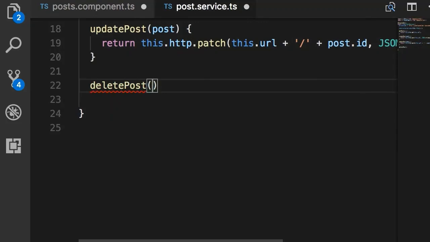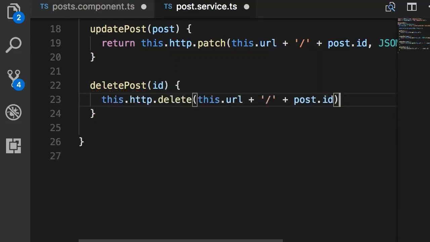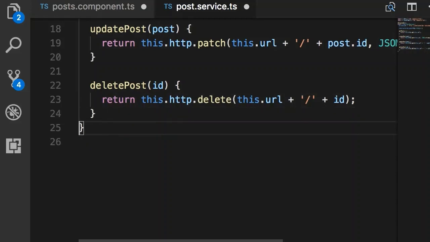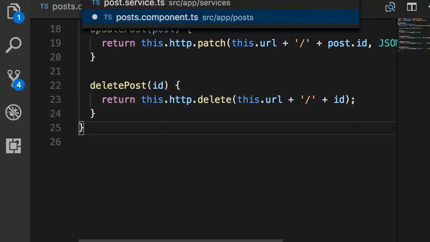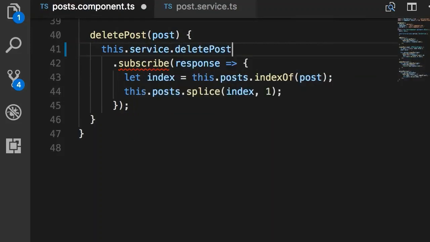Now here, all we need is the ID of a post. We don't need to pass the entire post object. So it's better to be more specific about the contract or the signature of this method. So we need an ID. Now we need to modify this. So instead of post.id, we need id. And then return the observable. Finally, let's go back to our component and call this.service.deletePost, and we give it